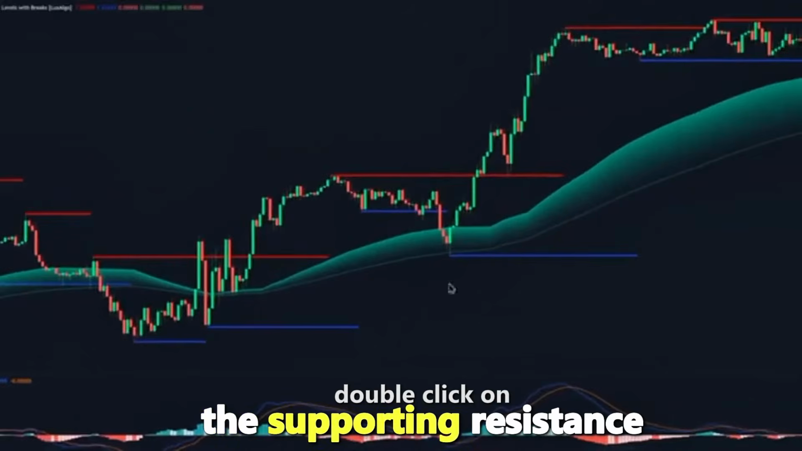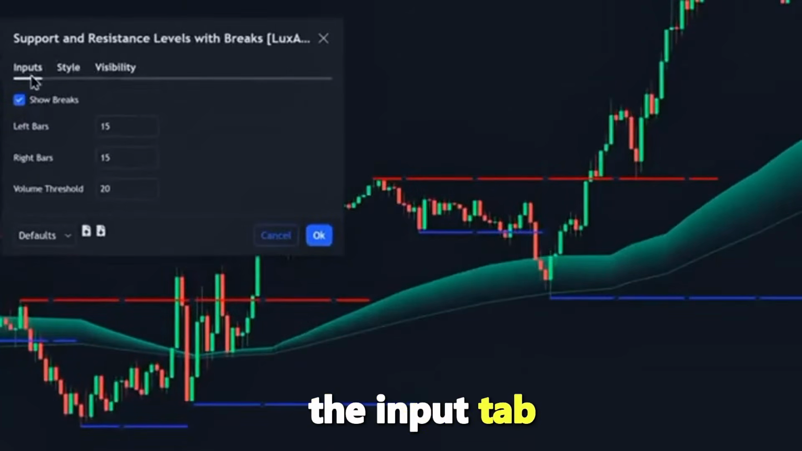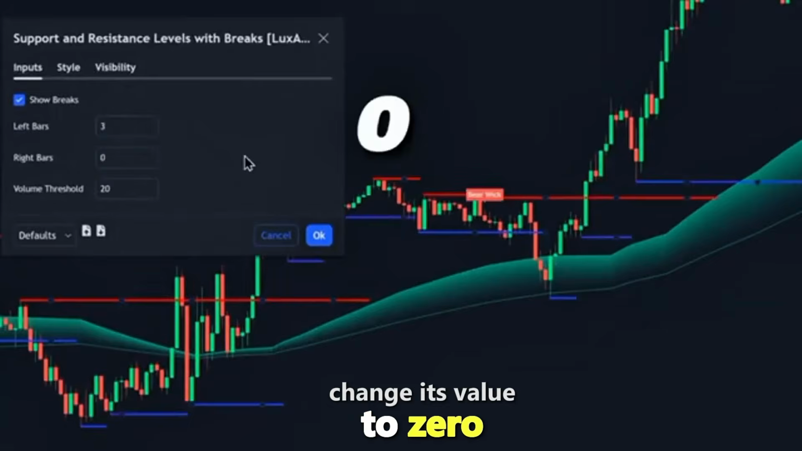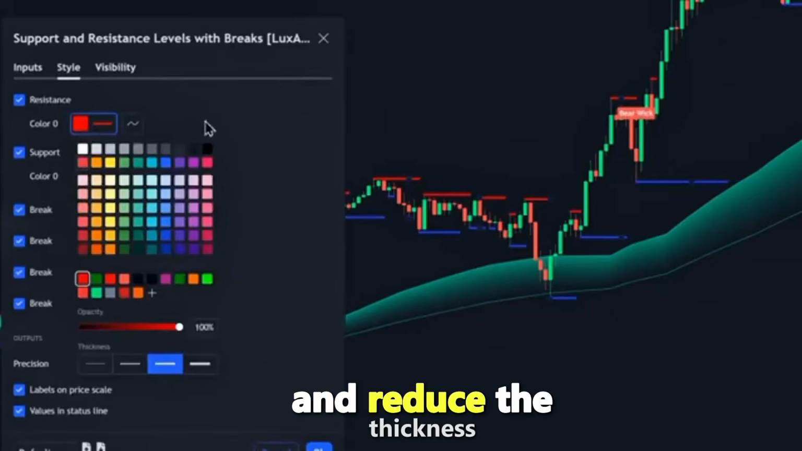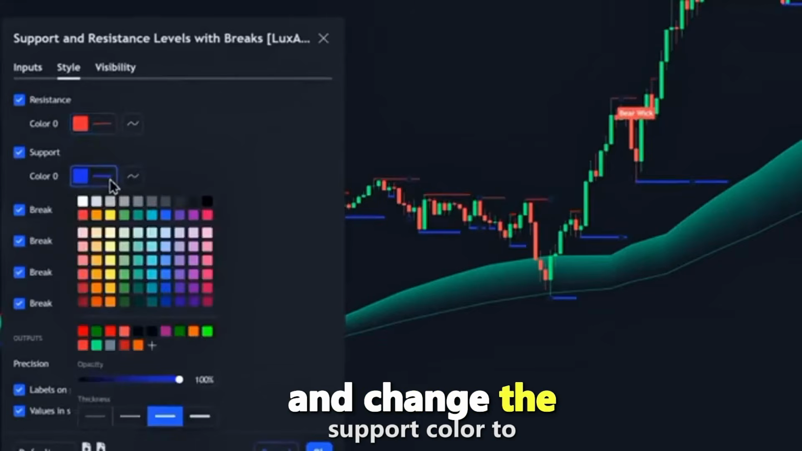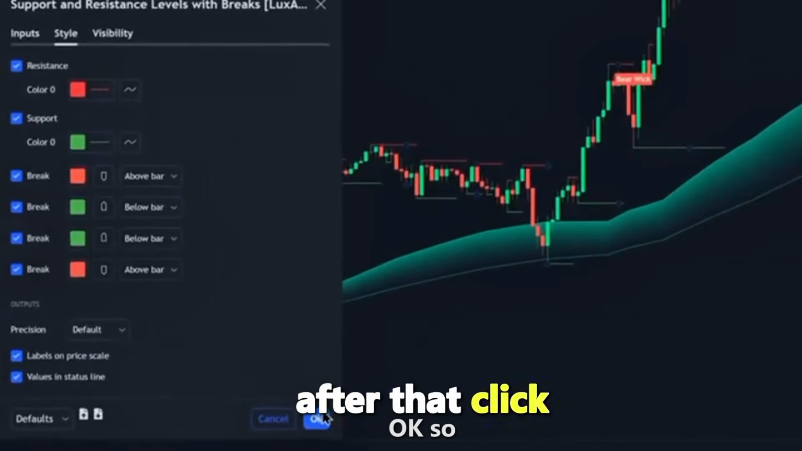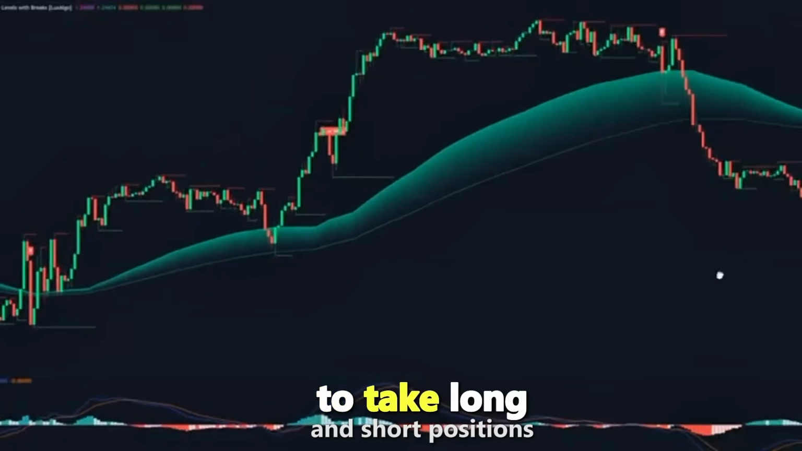Double click on the support and resistance levels indicator by LuxAlgo. And then on the inputs tab, you want to change the left bar's value to 3. For the right bar, you want to change its value to 0. On the style tab, you want to change the resistance color to red and reduce the thickness, and change the support color to green and again reduce the thickness. After that, click OK